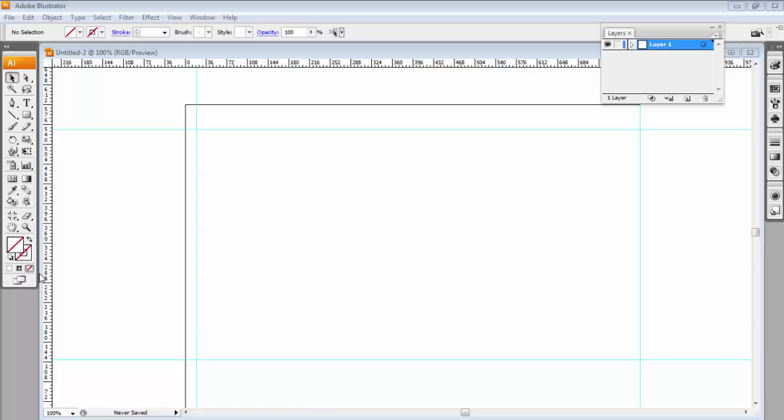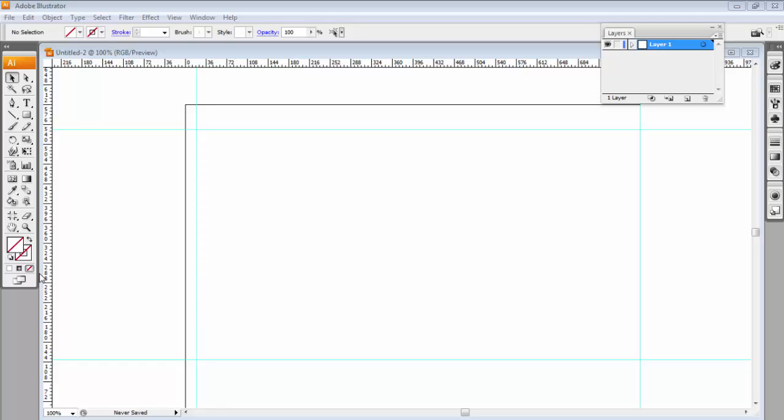Our next topic is creating clipping masks. Clipping masks are the shapes that act as a window, showing only the artwork located within the boundaries of those shapes. The clipping mask object must be on the top of the stack of the objects you wish to mask. To create a clipping mask, let's do the following.